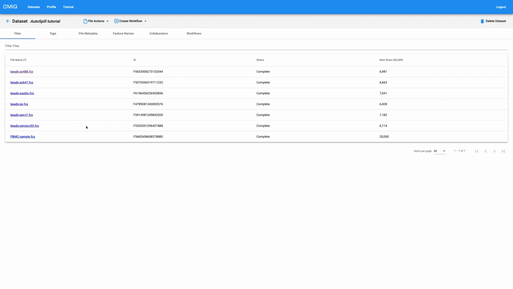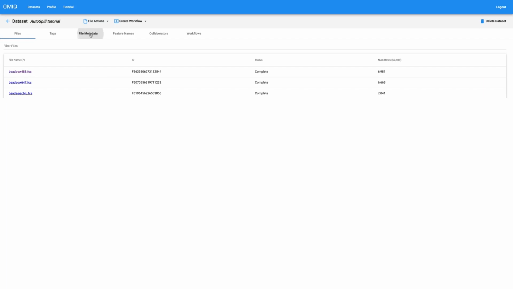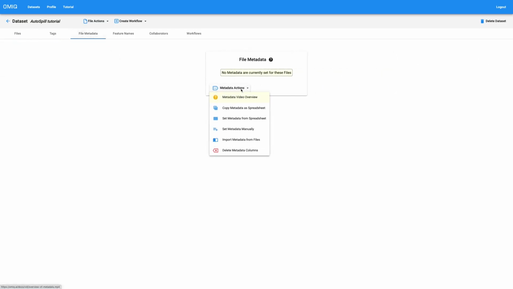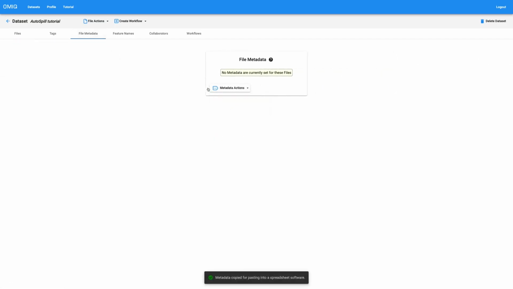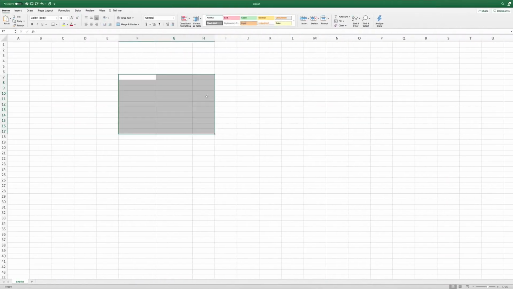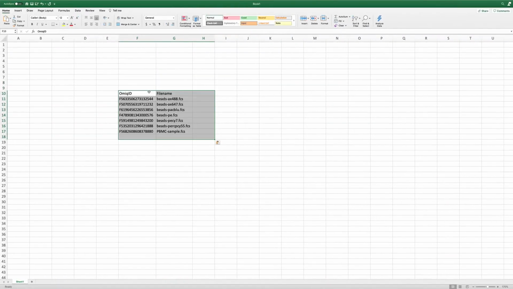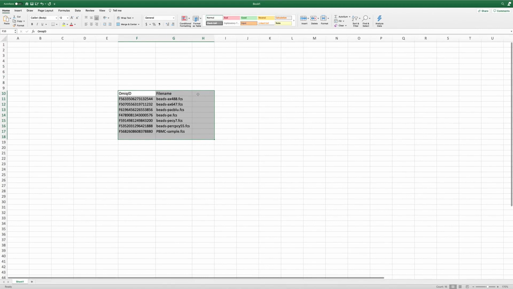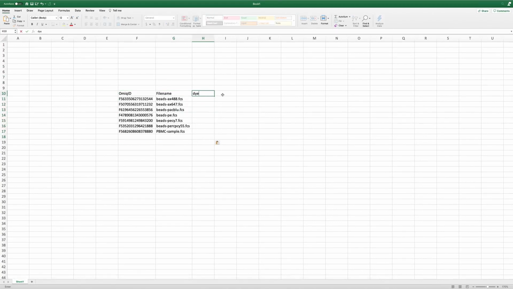The key first step in configuring AutoSpill is making sure that we have OMIQ metadata set. So I'll go ahead and copy the default configuration of metadata, and I'll come over to Excel and I'll paste it in. And what we need to do is make sure that we have a column called die, and in this column we need to call out the channels within the FCS files that are being used as the positive